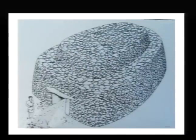The houses of the dead were the most permanent structures, as opposed to the houses of the living, which were generally made of organic material, and of which there's little evidence left. Two huge slabs rest on support stones to form the main chamber, and the spaces in between these would have been filled with